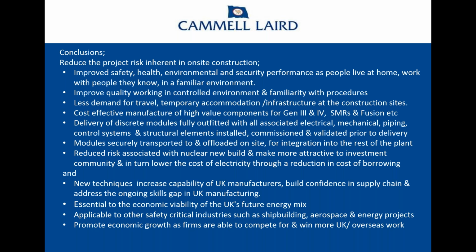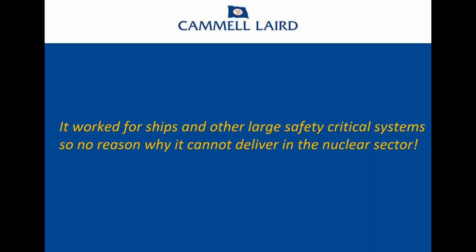We see this as being beneficial to other aspects of the nuclear energy sector. We are in fact talking with people in other major logistical projects throughout the UK. We see this as an essential part of the UK's energy mix. And really, that's it. I think I'll leave it at that, just with that final slide, saying that